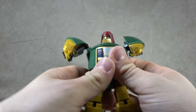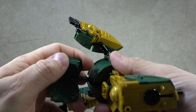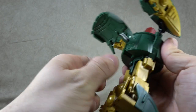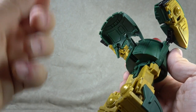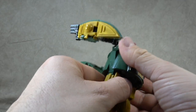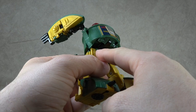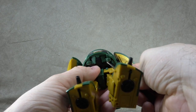It's hard to stay oriented in terms of all the hinges there. You can bring this down, bring these flaps out. You can take this piece off. Before you all start crying, parts forming, there is a point to this. We'll get back to it. Push the whole assembly here back, and then you've got to get these pieces out, which are a bit of a challenge,